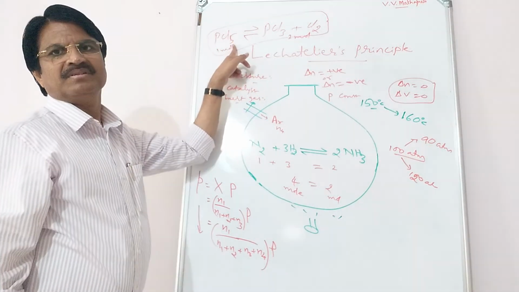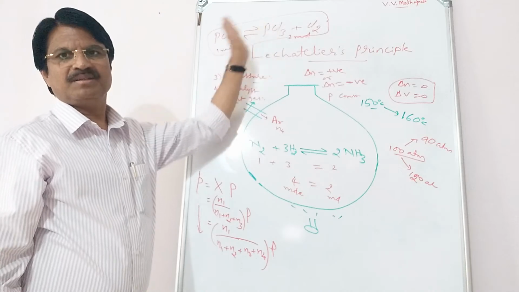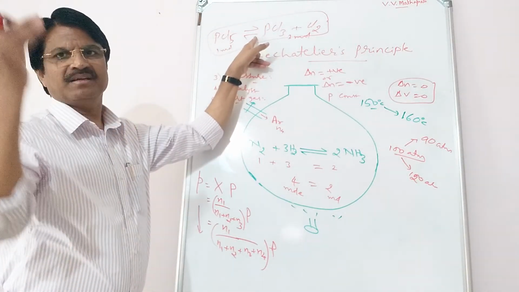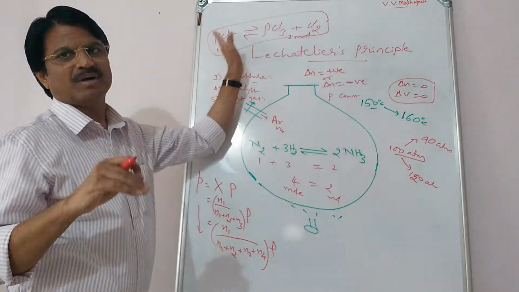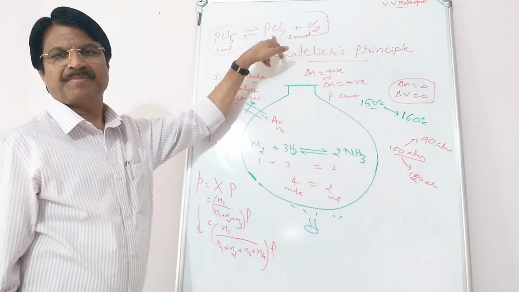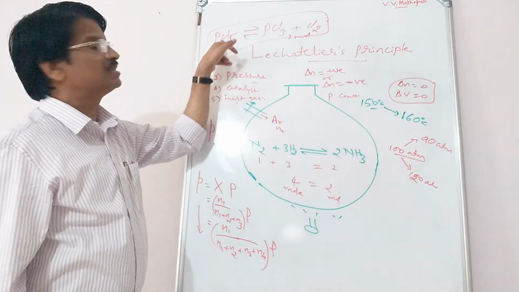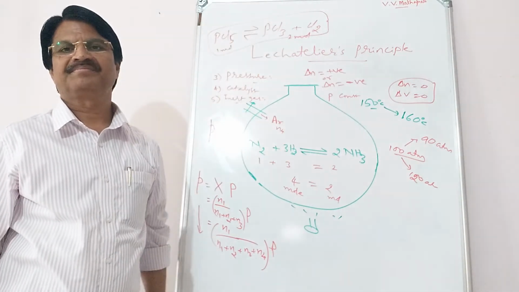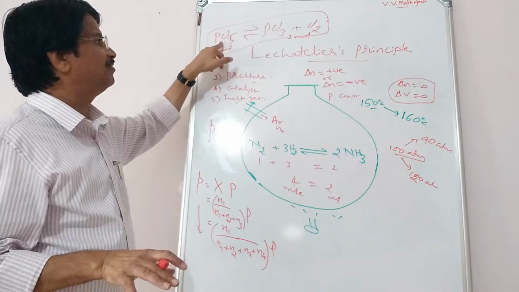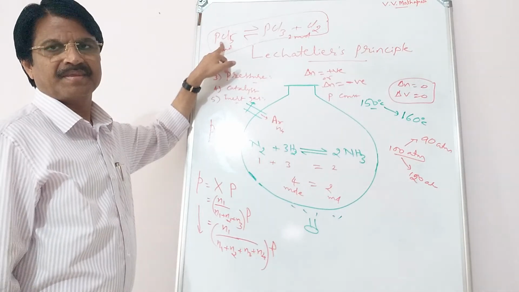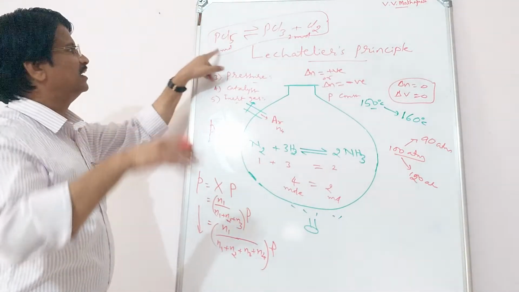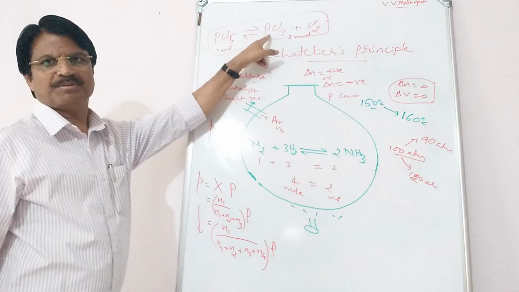Therefore, an increase in moles occurs, and an increase in pressure occurs during the reaction, but we decrease the pressure by adding noble gas. Therefore, the forward reaction is favored and the concentration of PCl3 increases, which means dissociation of PCl5 is more. When inert gas is added, PCl5 dissociation is more. We can frame a question on this: when inert gas is added to PCl5 reversible to PCl3 plus Cl2.